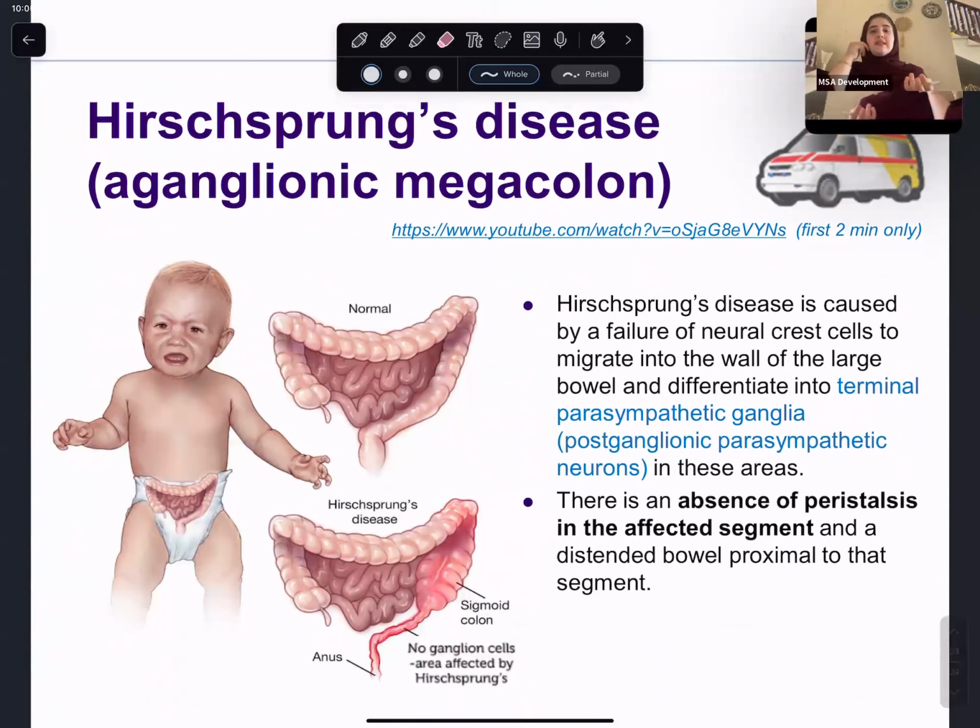And another disease is Hirschsprung's disease. It's usually a congenital disease. Congenital means it is present from a young age, because you're born that way. In this, it's called aganglionic megacolon. So what does it mean? Basically, one of the